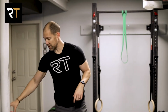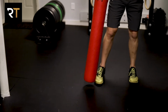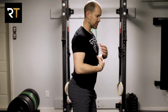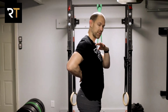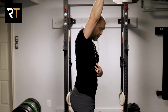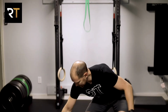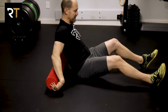So here's what we're going to start with today. All you need for this is a simple foam roll. These are pretty easy to find in most gyms. The first thing we want to go over is making sure you've got that normal range of motion through your middle and upper back. This is what we call your thoracic spine. If you're stuck in a rounded forward position, you're going to have a hard time getting your arm all the way overhead. So the first one we like to do is just a simple what we call T-spine extension and